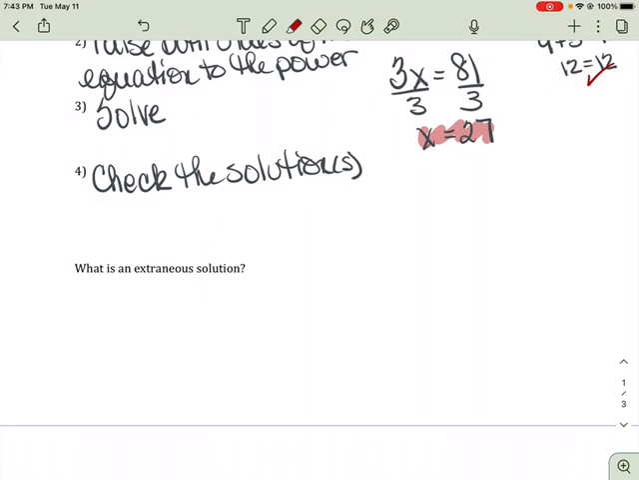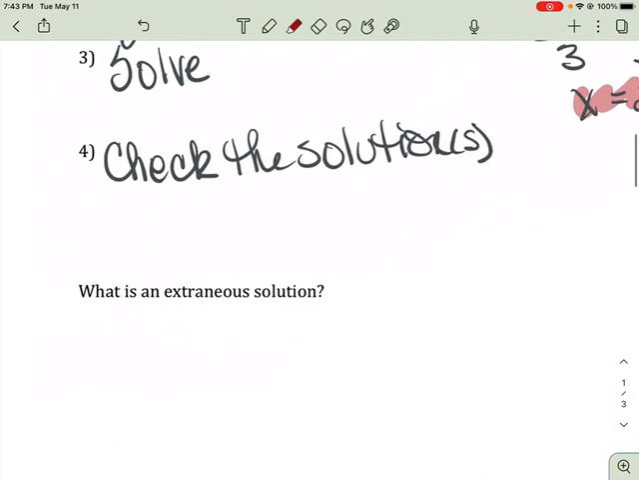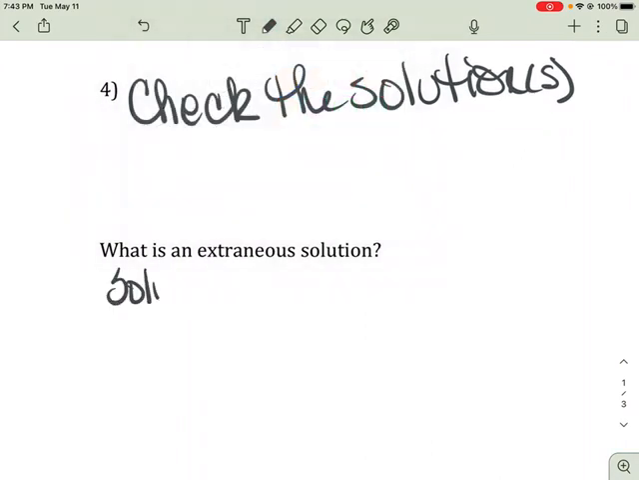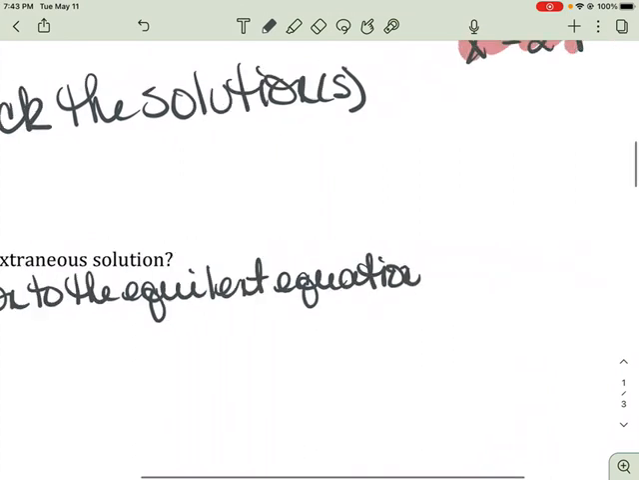Oh, before we do that, we need to talk about extraneous solutions. Extraneous solutions would be if 27 didn't work, but it was still an answer to a step in the problem. So an extraneous solution is a solution to an equivalent equation that is not a solution to the original problem. So let's write that: a solution to the equivalent equation,